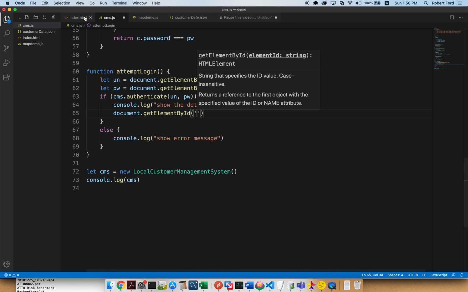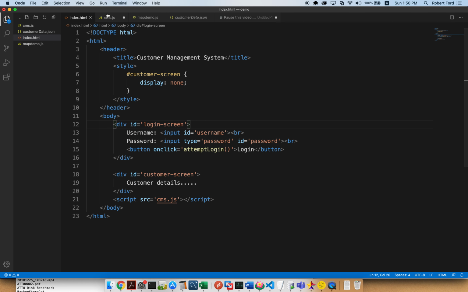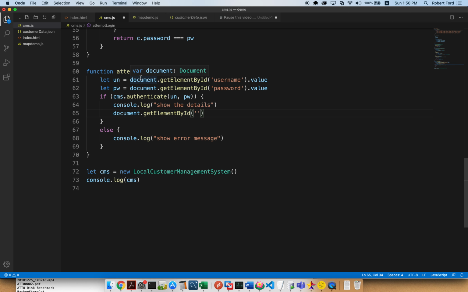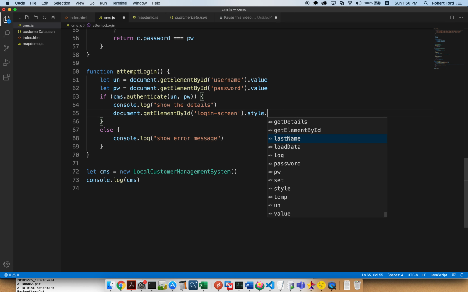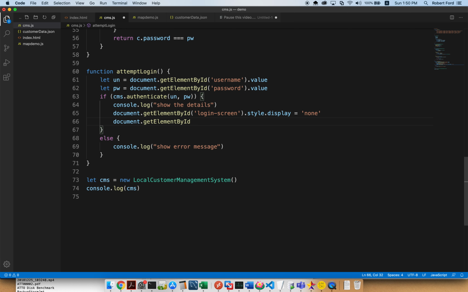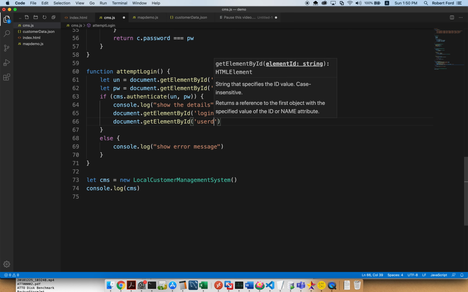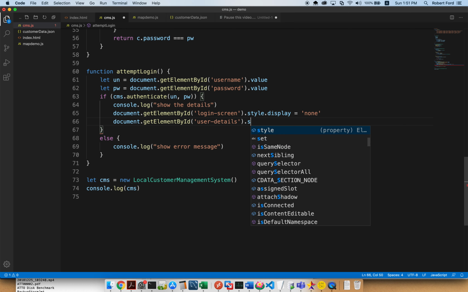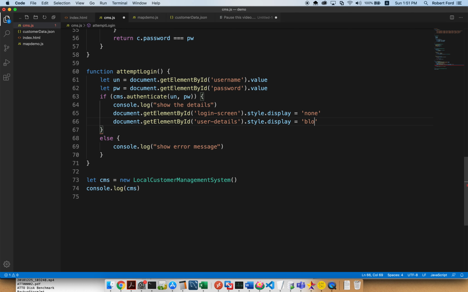Yes, I don't like this. I would prefer if we actually did some other things. Let's take the login screen and we'll take the style display, we'll make it equal to none, and we'll make document get elements by ID user details and style display block. Okay, but I would probably actually have that stored as a variable so I didn't have to look